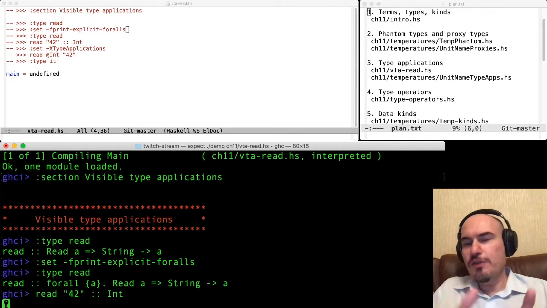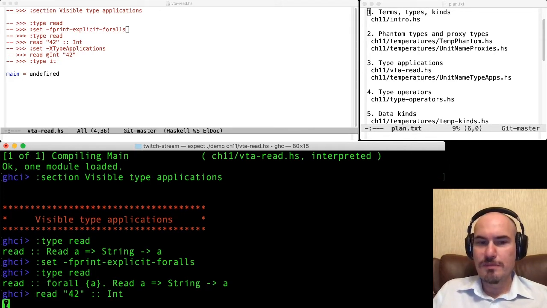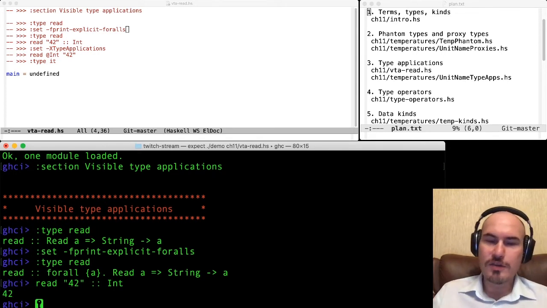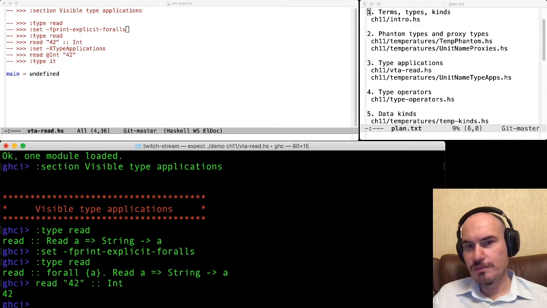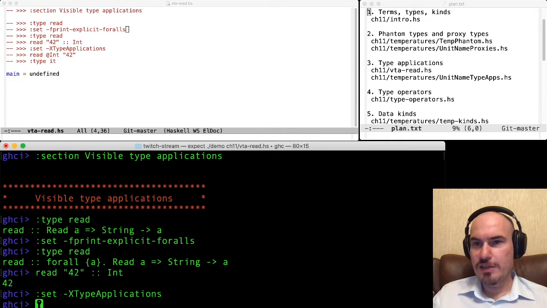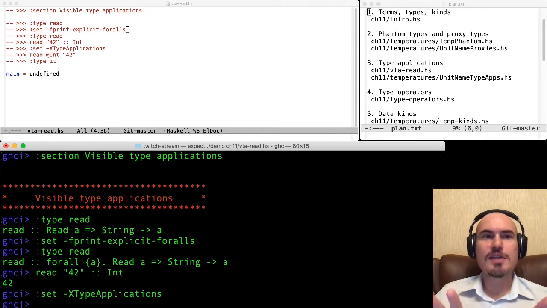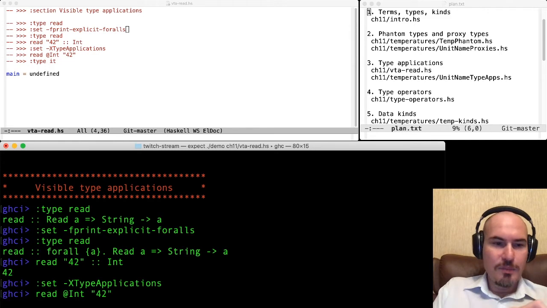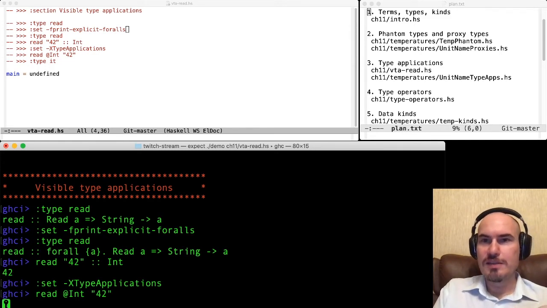First, we can specify a returned type. So in this case, GHC knows that we need an integer, and the result is an integer. But here we have another option, type applications, which allows us to give this type explicitly. It's just a syntax extension, technically. So we can say, please use this read function with type Int.